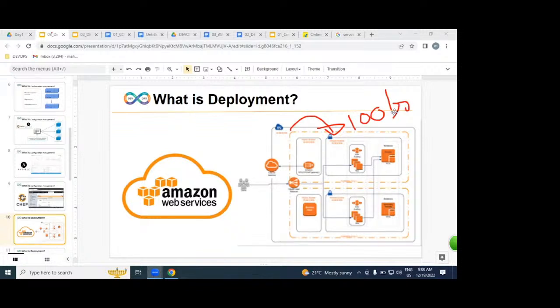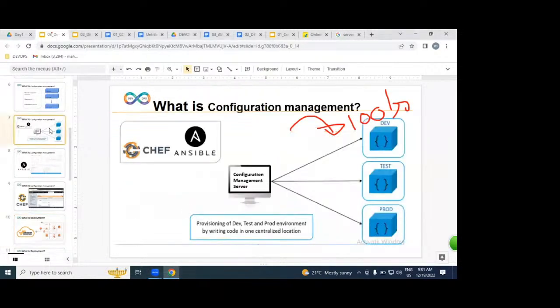If you have a laptop, we can configure. If you don't have a laptop, from where can you get it done? That is the question. In how many ways can we get servers? Physically, like your laptop. Virtually, and cloud. Which cloud? AWS. Hundreds of servers we are going to get from AWS. On top of hundreds of servers, we can implement an automated process with the help of Ansible and Chef.